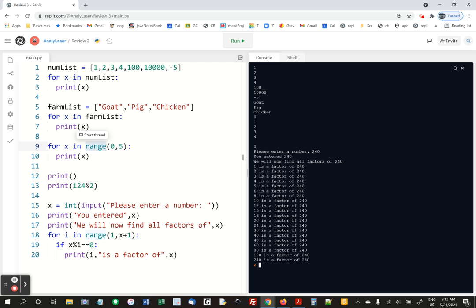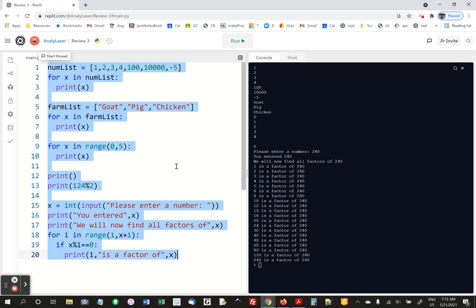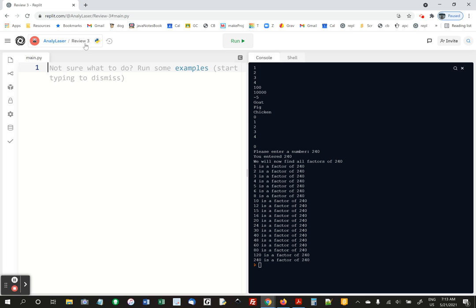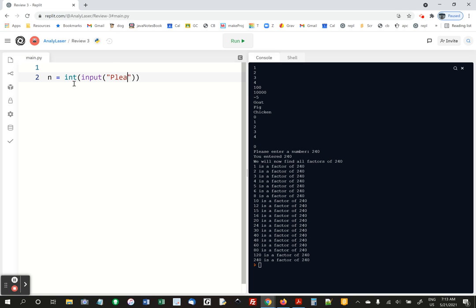Okay, so now, finally, for today's program, select all, delete all of that, or fork your REPL so you have a copy if you want to keep all that stuff. That's fine. All right, so now in a program called Review 3, I want you to ask the user for a number. x equals int input, please enter a number. And then ask the user for a second number. y equals int input, please enter a second number